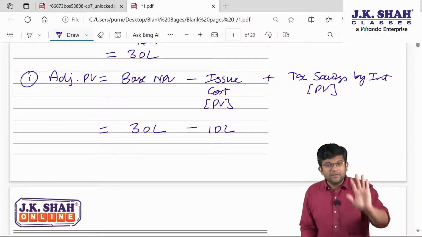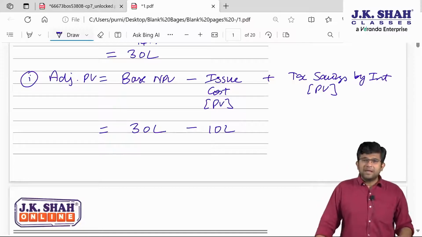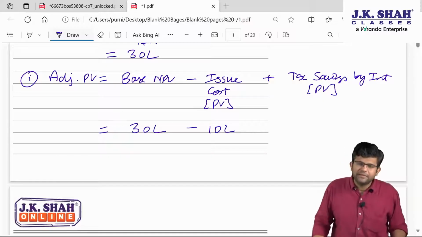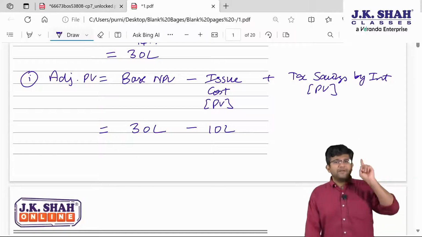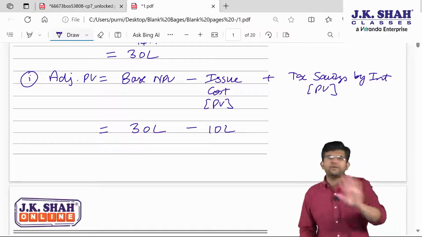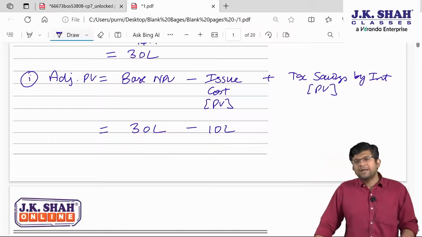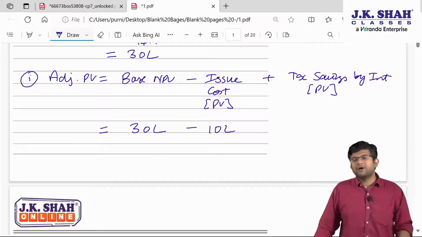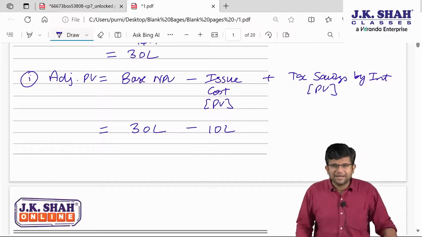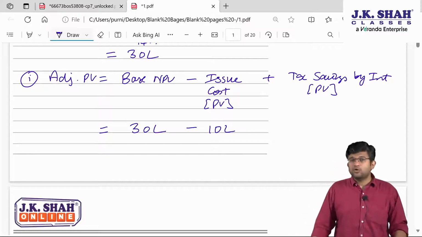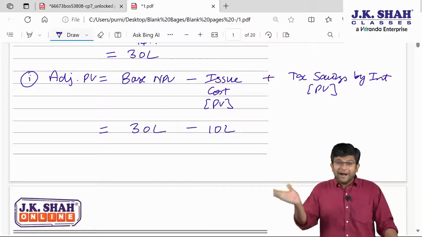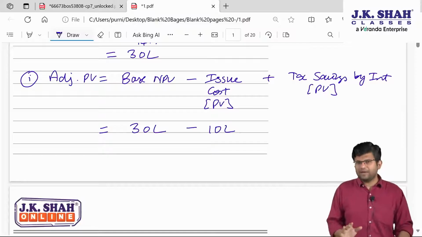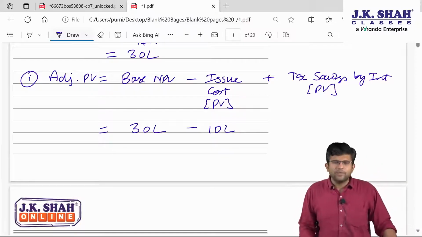The only point of difference would be that if you would have raised money through equity, then in the 30 lakh base NPV that we are calculating, if dividends had to be paid, those dividends wouldn't have saved tax for you. But in case of debt financing, equivalent interest you will have to pay, but on that interest you will be saving tax. Everybody clear? You will be saving tax, and those tax savings will add on to the net present value, because this particular 30 lakhs that we have calculated is assuming that there are no